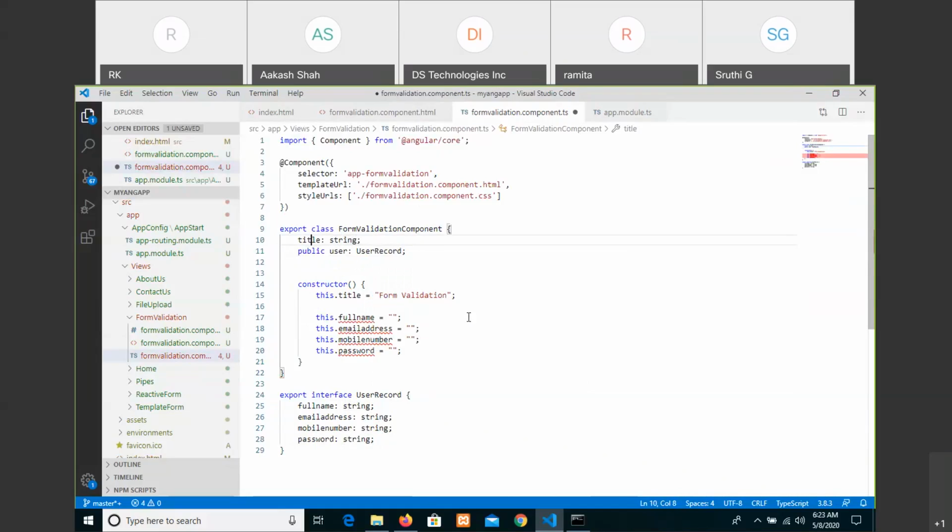We are just setting a data type to the property. The same way we have given a definition with the name and that we are accessing as a data type to the user property. And then